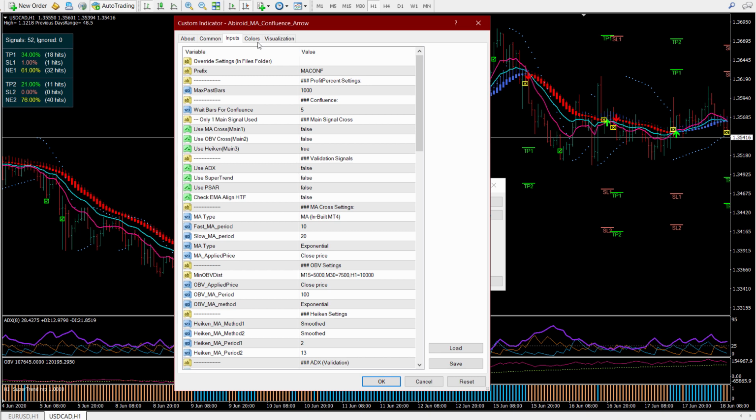Now you can only have one main signal which will create the buy and sell signal at first, and everything else will be used as validating signal. So if you have this set to true, and if you have all of these set to true, then MA cross will be used as main. This is priority 1, this is priority 2, and this is priority 3. So MA cross will be used as the main signal, and these two will be used as validating signals. Let me show you the difference,